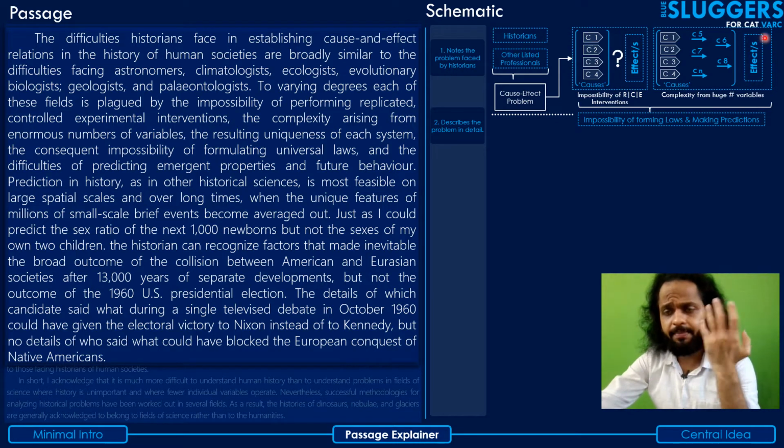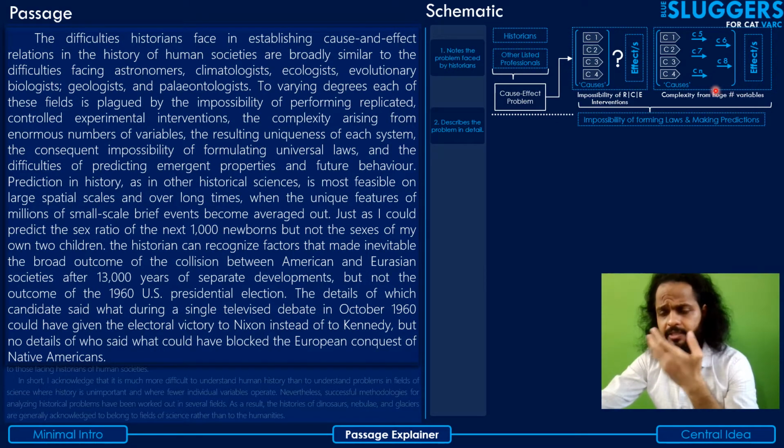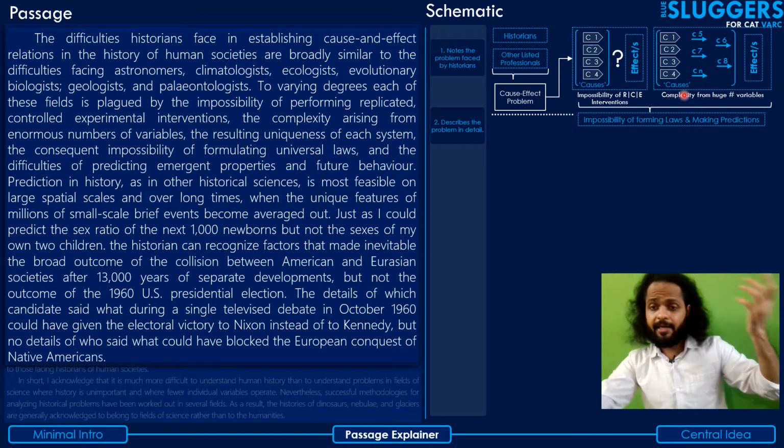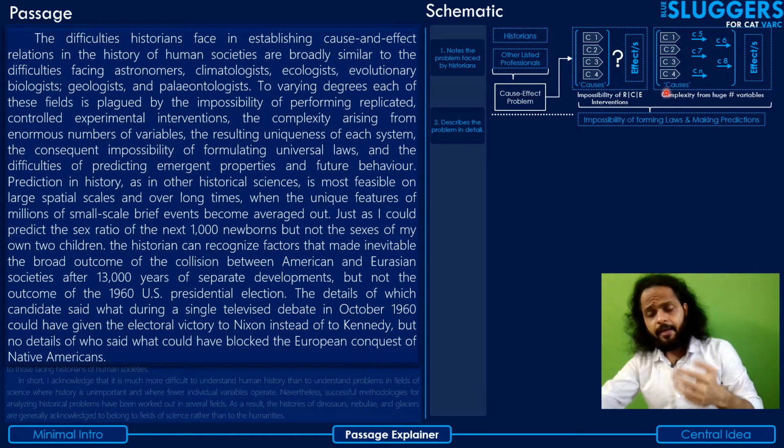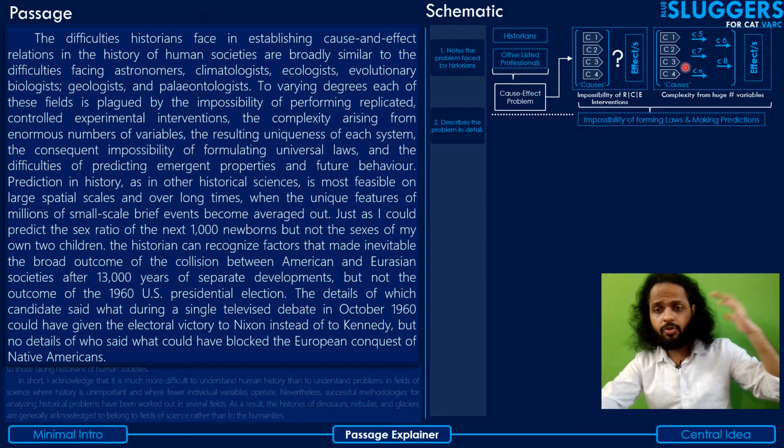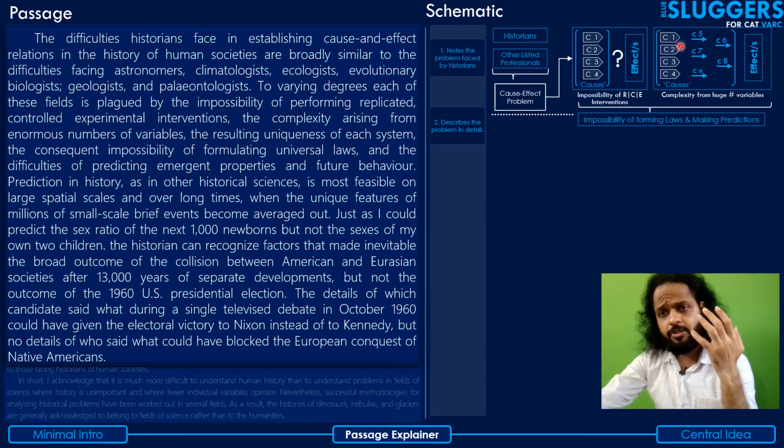For example, for the independence of the country, you can't just say that it was just the civil disobedience movement, or just the Quit India movement, or just the sacrifices made by the patriots, or just Subhash Chandra Bose, or many other patriots. There must have been so many factors which went behind this whole phenomenon, which led to the freedom of our country. So the number of variables involved here is so large that the system